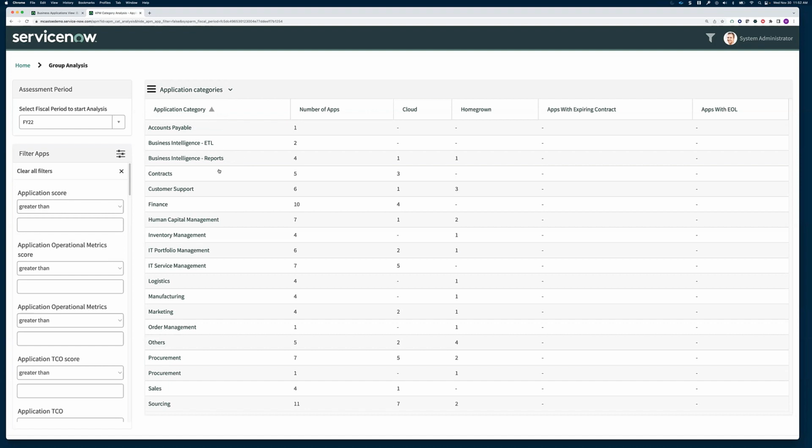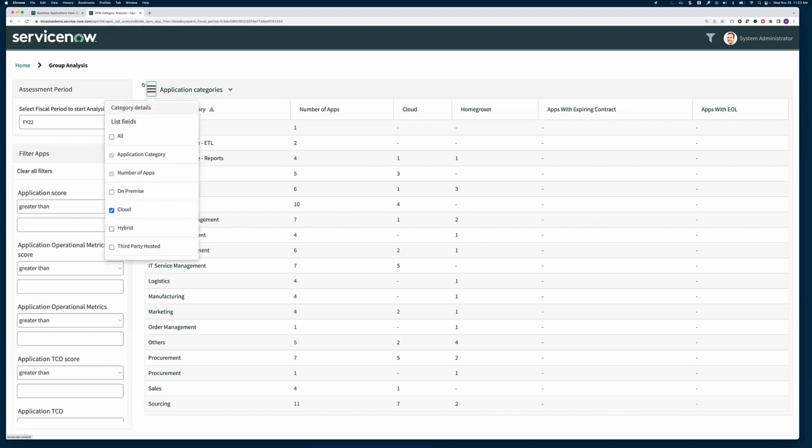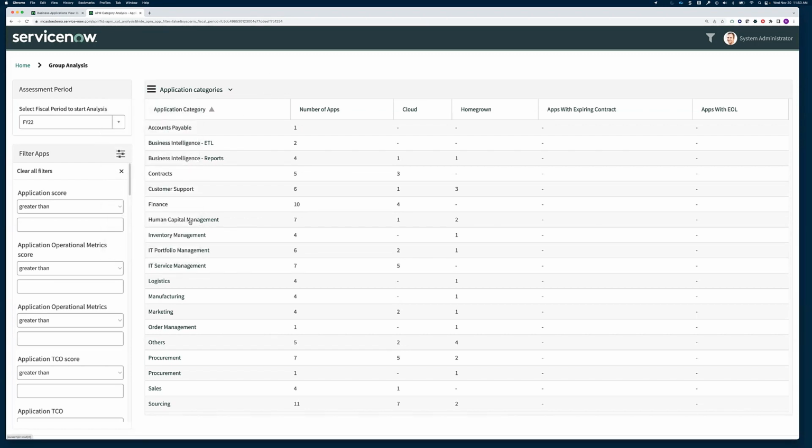Category is really nice. If we look at it from the concept, these represent technical function: business intelligence reports, ETL, contracts, finance, human capital management. So here I see human capital management. I've got 7 apps doing the same thing. One's cloud, 2 are homegrown, and I see various, by the way, I can adjust what I want to see here to help me decide, but maybe I want to take a look at this. Also, I can filter what I'm seeing here. I drill into this